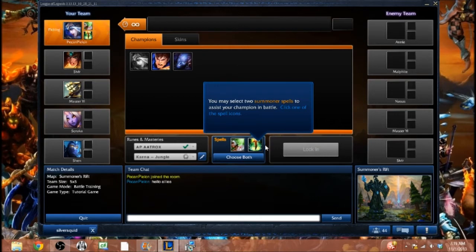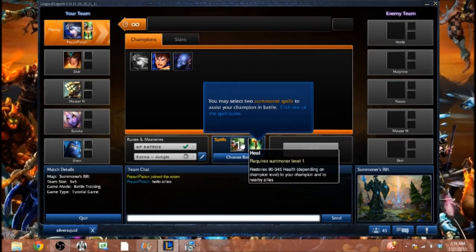Click one of the spell icons. Alright, so right here, these 12 spells are persistent. They're universal. So any champion can select these 2 spells to use. Now, which ones in specific you use varies quite a bit depending on what champion you're playing and what role you're playing them in. In the case of Ashe, as an AD carry...